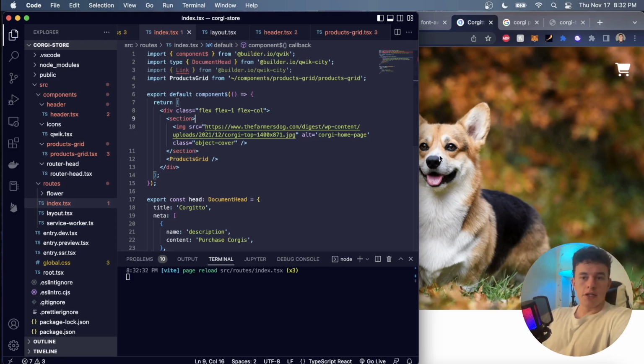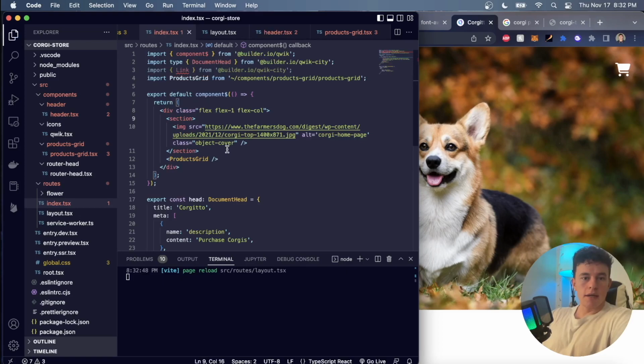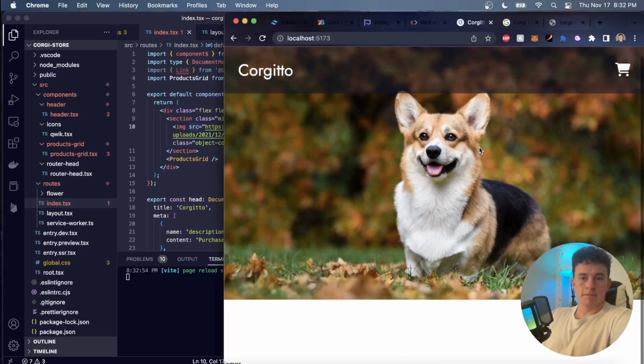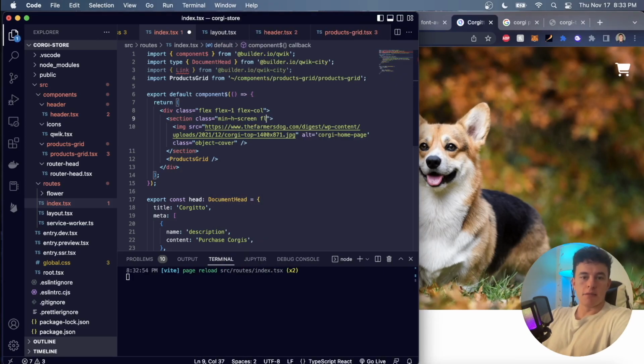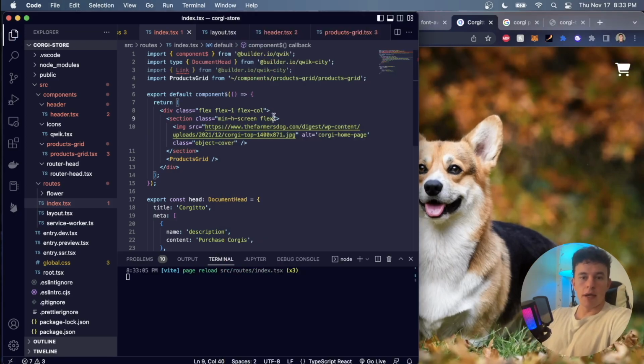And so the way that we can achieve this is by, instead of having our layout have this min height screen, I can instead come in here and give this section a class of min height screen and a display of flex. And so now once again the dog occupies the majority of the page,